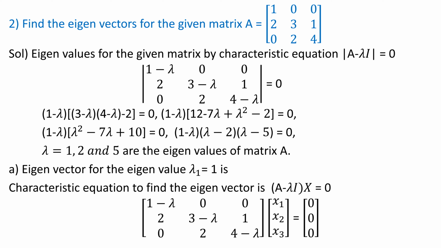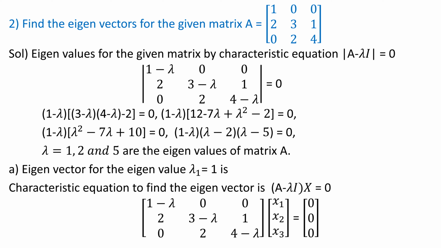In any case, if you are unable to find the eigenvalues using that shortcut method, this is the basic procedure to find the eigenvalues using the characteristic equation. That's why I chose this 3 by 3 matrix in order to find the eigenvectors. In the same way, that basic procedure to find the eigenvalues is included in this question itself. So find the eigenvalues of the given matrix by the characteristic equation.